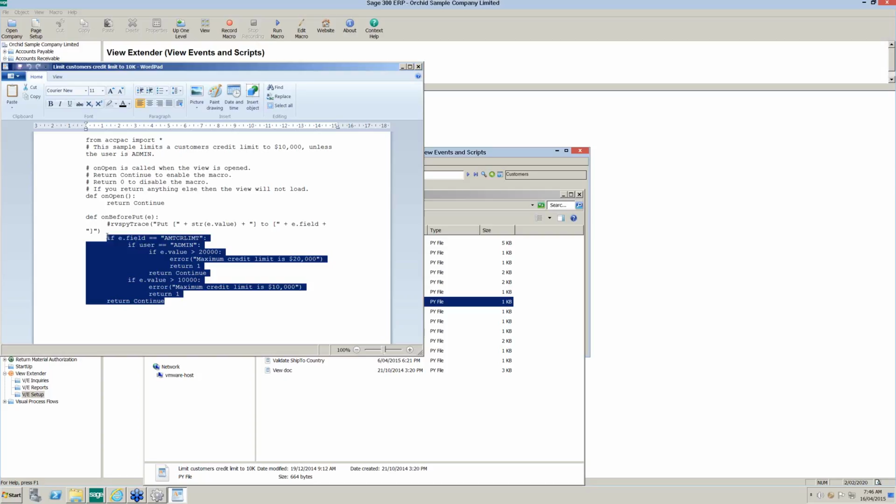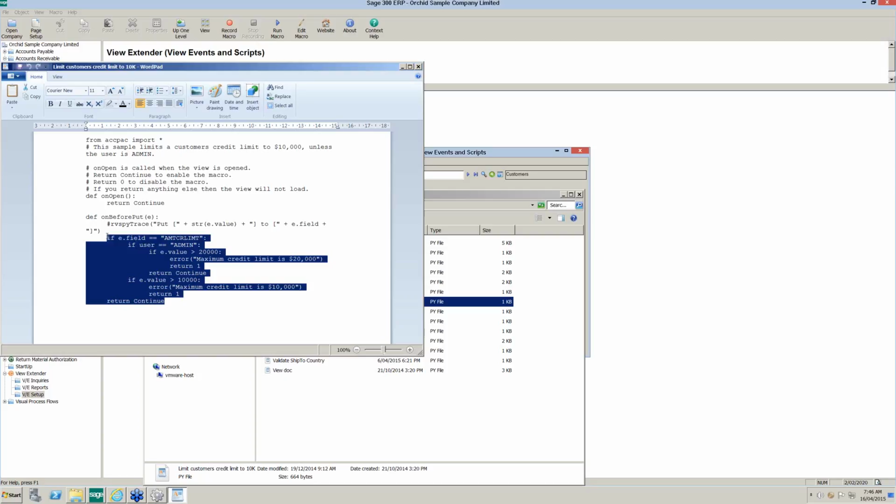It'll be consistent across versions, which I didn't mention before. Currently up on the website is version 2014 View Extender, and what we're working on at the moment is the ability to create your own tables using View Extender, and then you'll have your own views on your own tables,